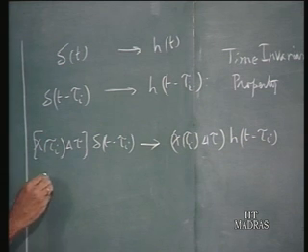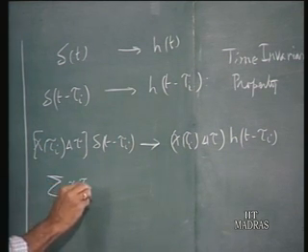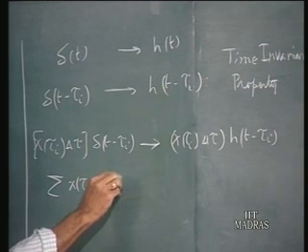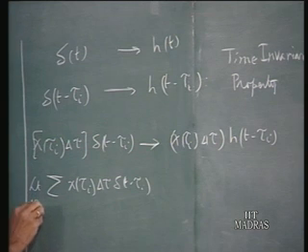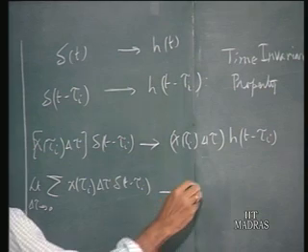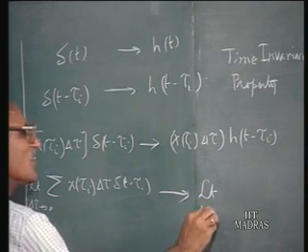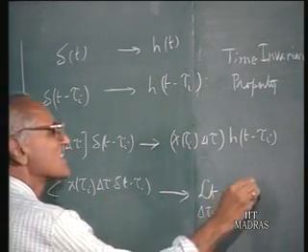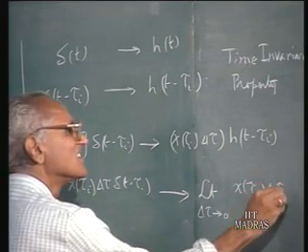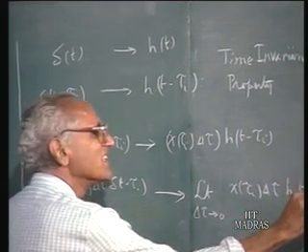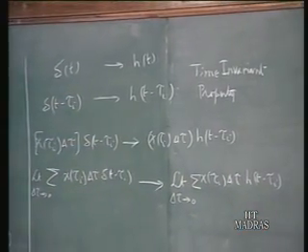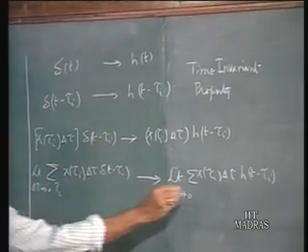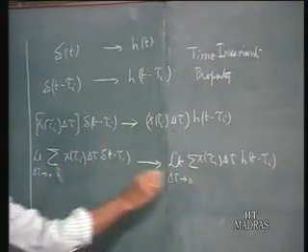And now here we have a summation of all such things, x tau I delta tau delta t minus tau I, summation as limit delta tau goes to 0, that is your x of t, and that must correspondingly give me the limit as delta tau goes to 0 of x tau I delta tau h of t minus tau I, summed on various i's. Not one such response, but a number of such responses summed over the various i's.